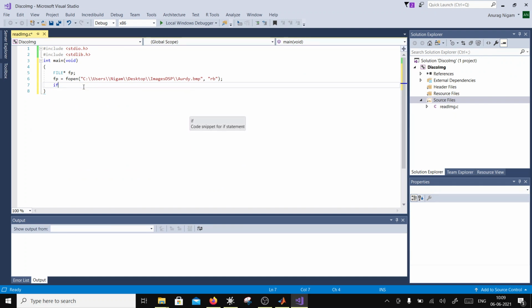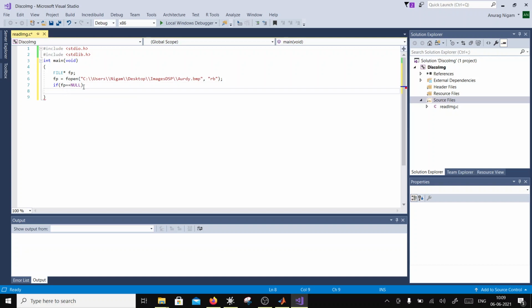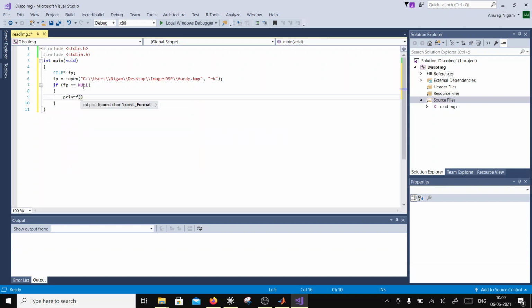If fp is equal to null, so it's a null pointer, then just write a message with printf, fail to open the file, and then just do exit 1. So if it fails to open the file, it will just write a message and exit.